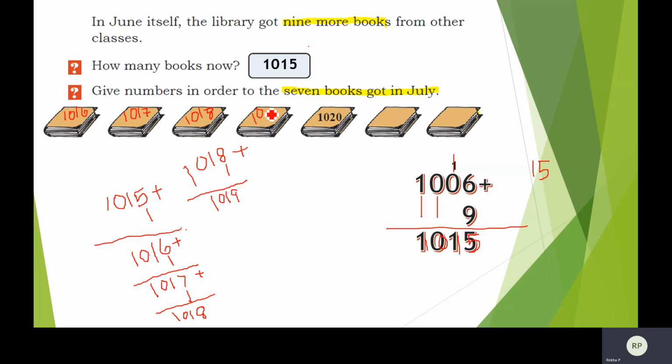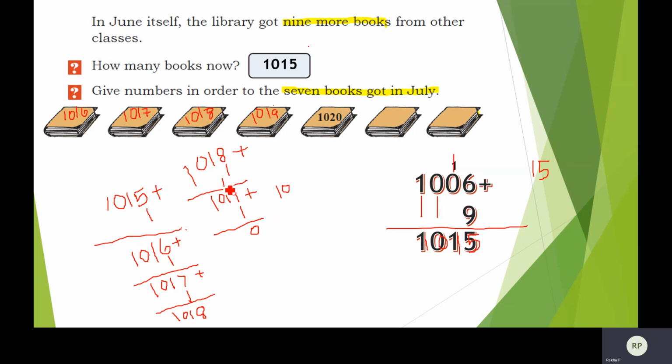1019. Now, they have given you the answer for the next one. So when you add 1 to 1019, you will get 1020. Let's also do it. Try and find out whether that is correct or not. So 1019, you add 1. So 9 plus 1, you will get 10, right? So 9 plus 1 is 10. So we have already seen in our previous problem, when you get these 2 digits, you write only this last digit here, 0. And this 1 you have to carry forward to the next position.